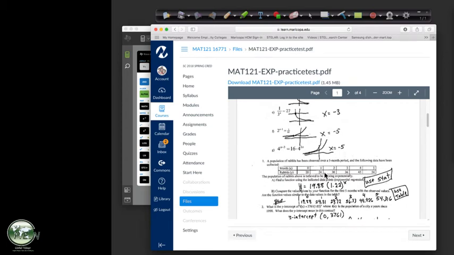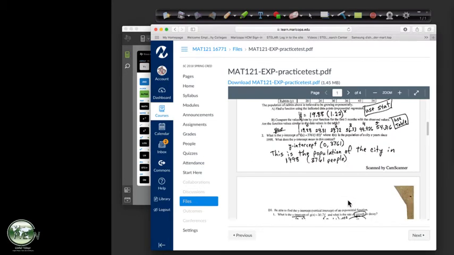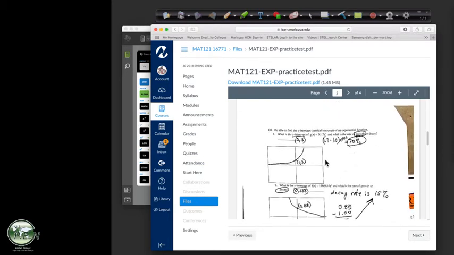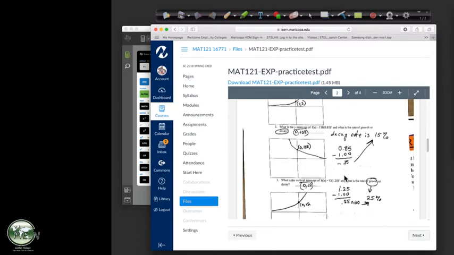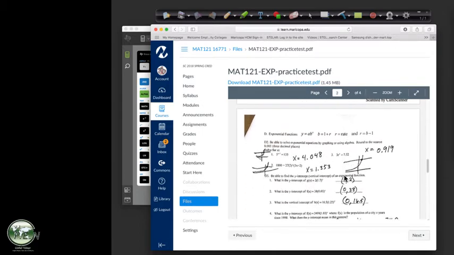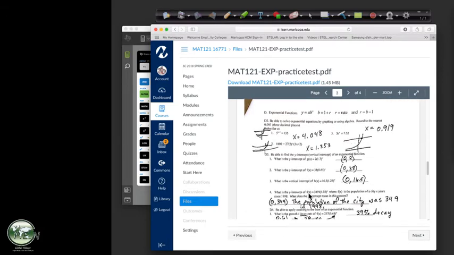If we go down here, there'll be a regression type problem. And again, if you did well on the one with the linear regression, you'll do just fine on this. If you didn't, it's a time for redemption or to learn how to do it. We'll walk through this one as well, what buttons to push, but you'll use the stat, and I'll show how to work through this one. And this is basically more of the same. They just gave you places to draw the graphs. More types of questions, and then basically, graph, find the intersection, and then the other type of question. So graph, find the intersection,